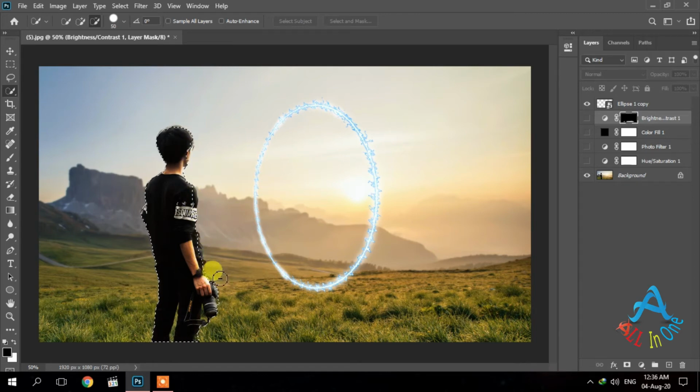Carefully brush against the edges of the person to select. When you finish with your selection, turn on all the layers.